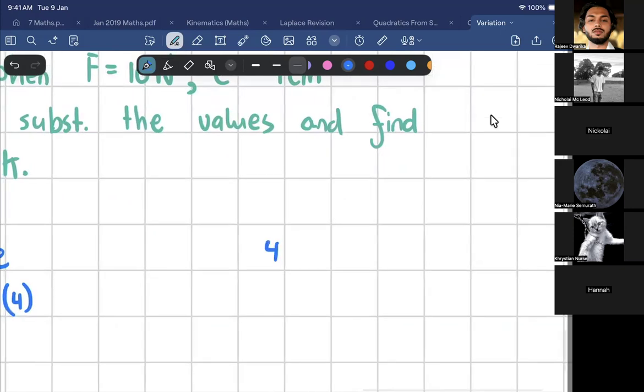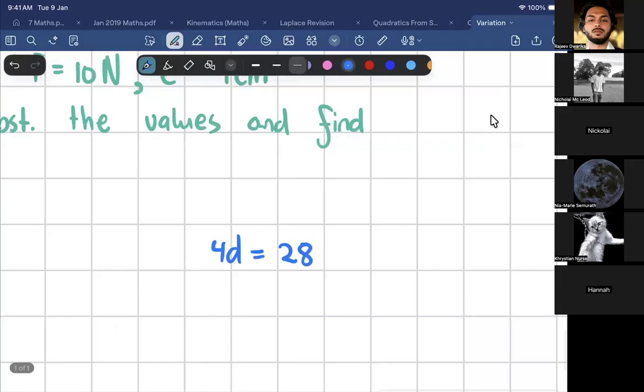If I tell you four doubles cost $28, how can I find for one doubles? Nia and Nikolai, tell me. Divide 28 by 4. And Nikolai and Nia, until you understand that completely, what I'm saying is,